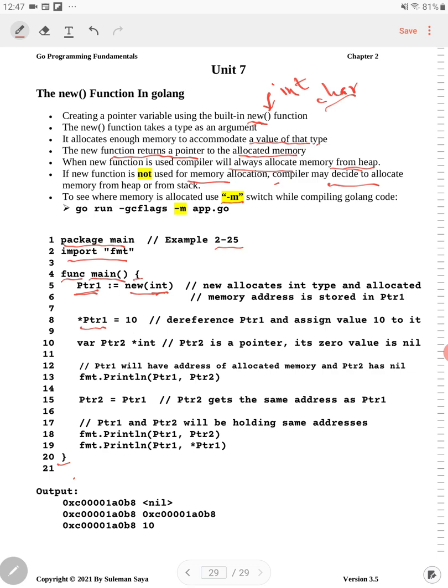So if I draw the diagram right here, it may help you to understand what exactly is happening. The new operator will allocate some memory at some address, let's say at 4000. It allocated the memory when you did this, and this memory is of type int. As soon as you allocate it, the compiler will automatically initialize this to nil. Okay, so it will put nil in here,